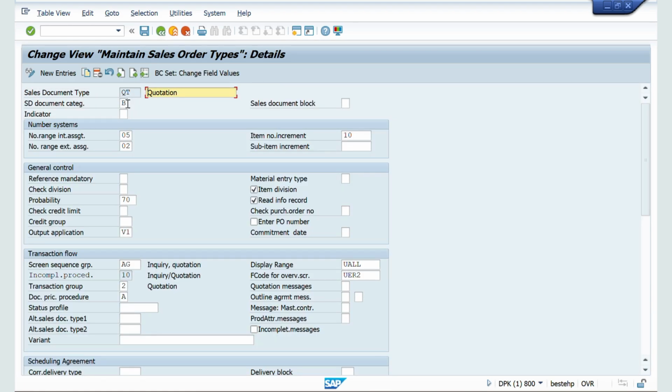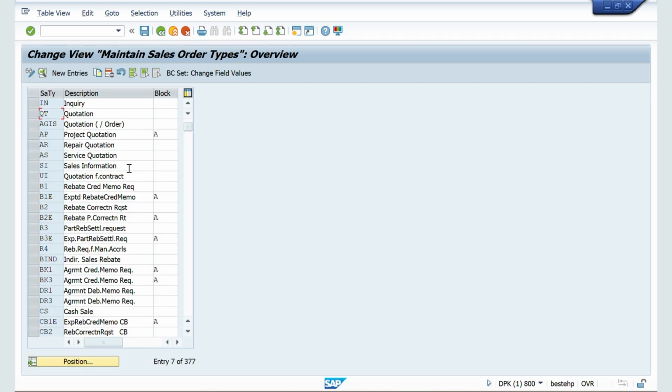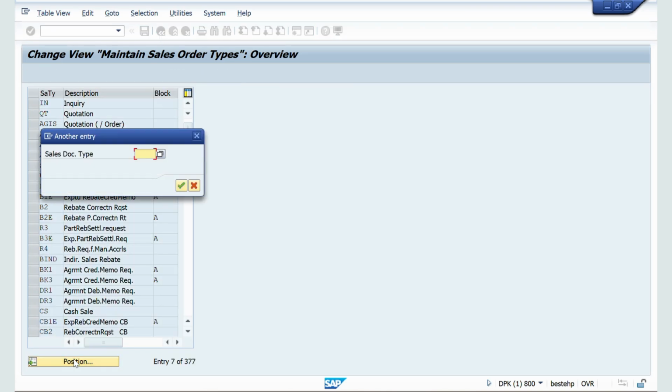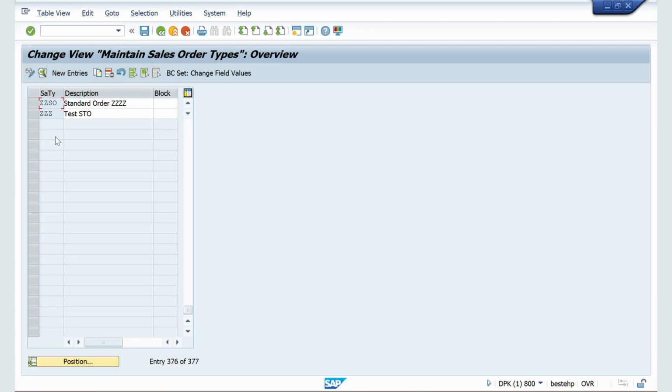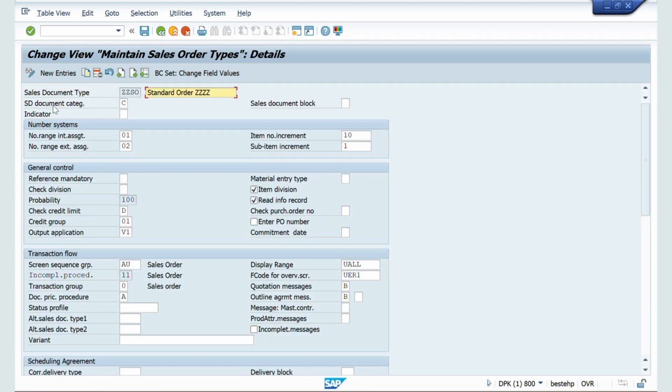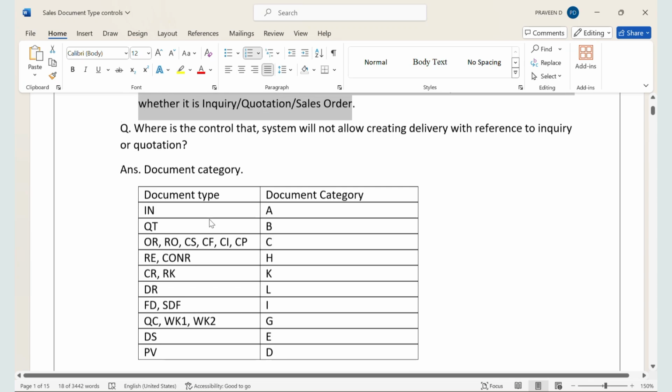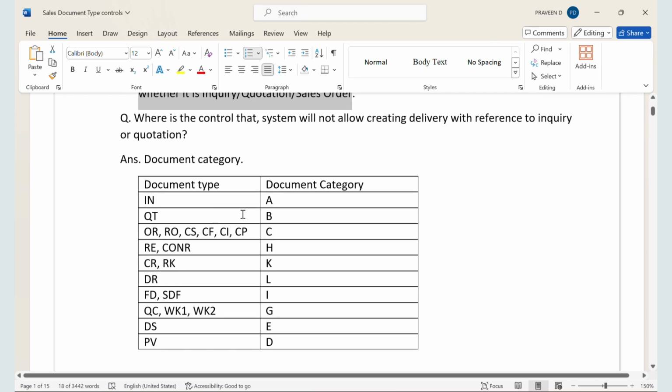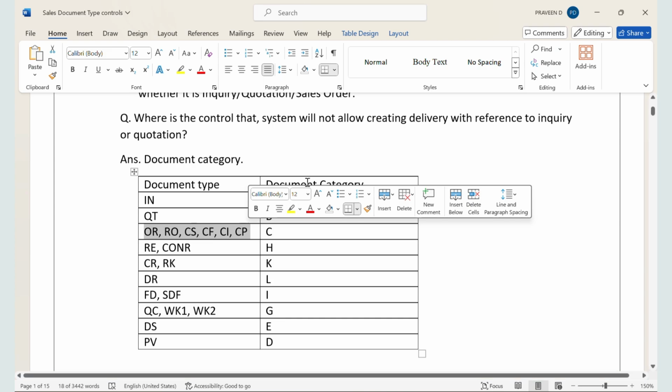You can see for quotation, it is B like this. Each and every document type will have its own SD document category. ZZSO, I'll go to ZZSO and go inside. Okay. Now, so for enquiry A, for quotation it is B, and for all these business process, the document category